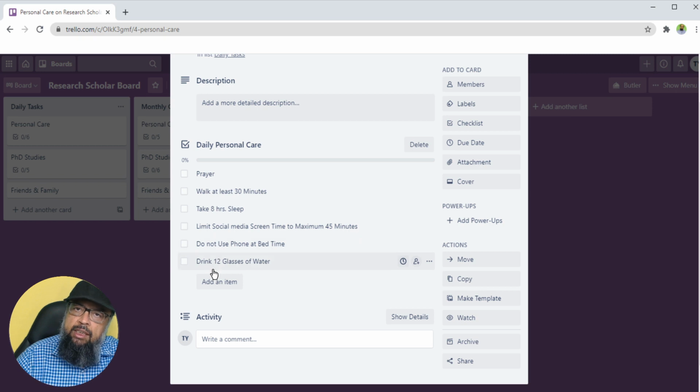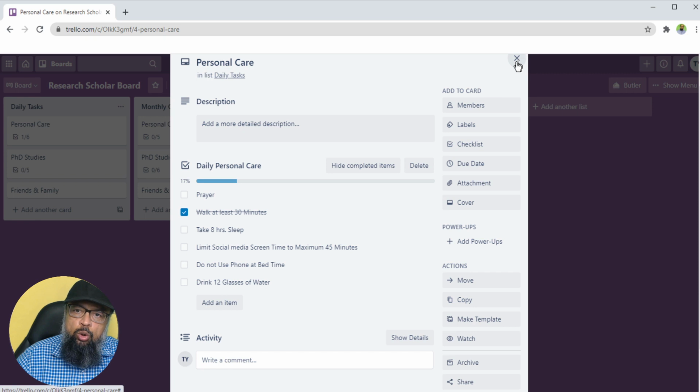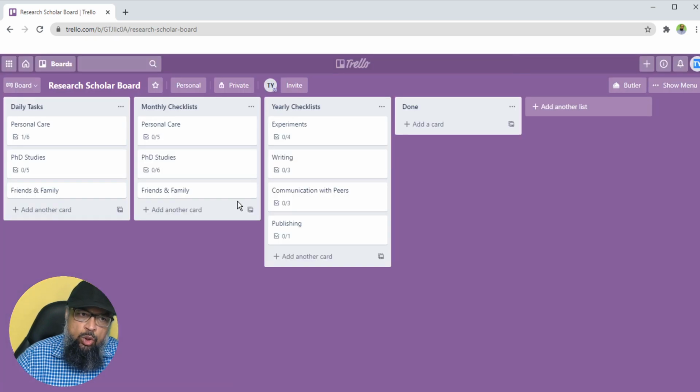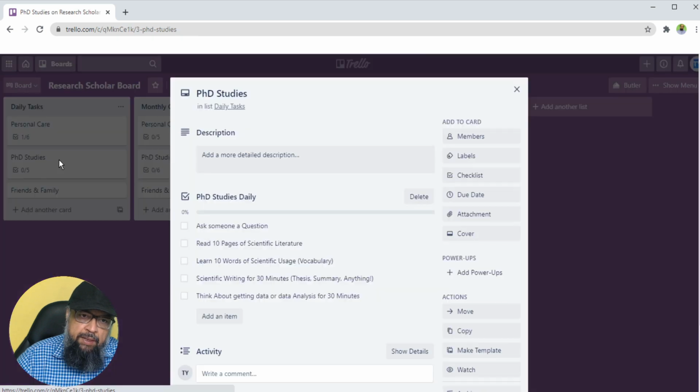Similarly, there are a few other things you might want to put in this list. Every day, whatever task you have done, you simply check this box and it will be crossed, and this is how you manage your daily tasks. Now you can close this, and you will see that 1 out of 6 tasks has been completed on this card.